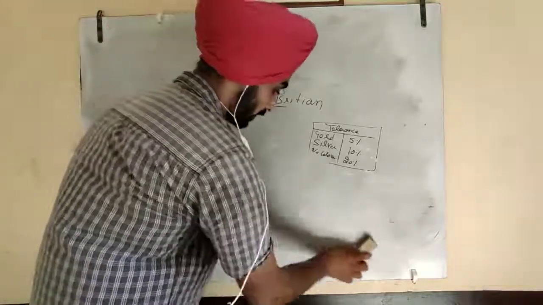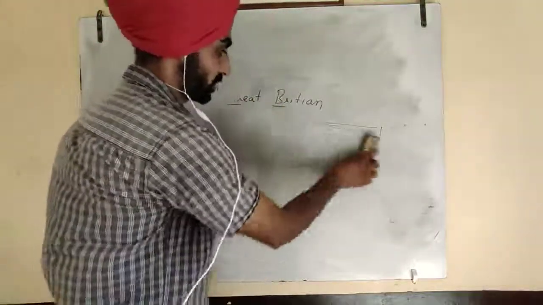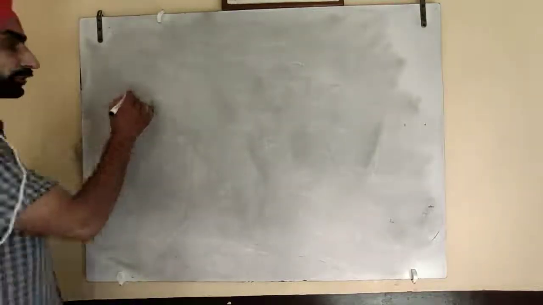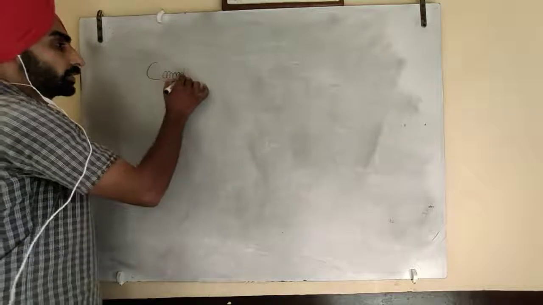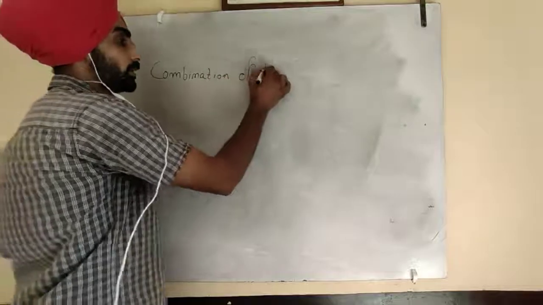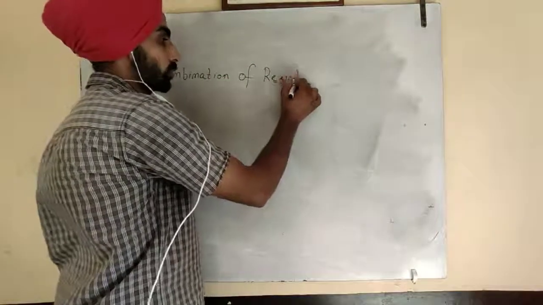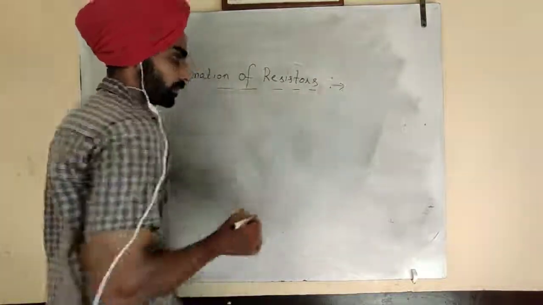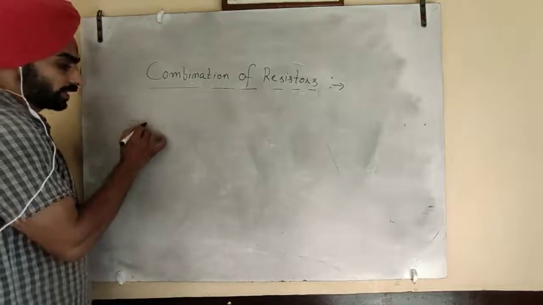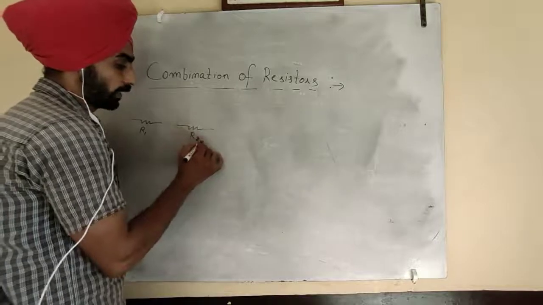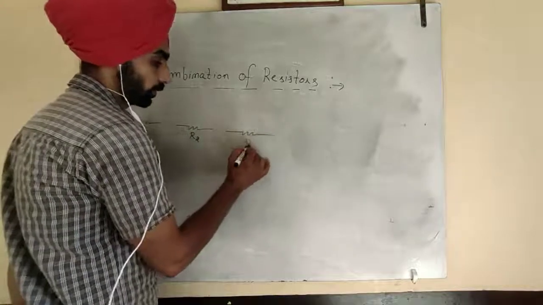So next topic is combination of resistors. So you know what a resistor is and how we can combine resistors. This we have already done in 10th also, and now we are also going to do in plus 2. In which ways we are going to combine the resistors. Suppose you are having a resistor R1, and you are having a resistor R2, and you are having a resistor R3, like this,